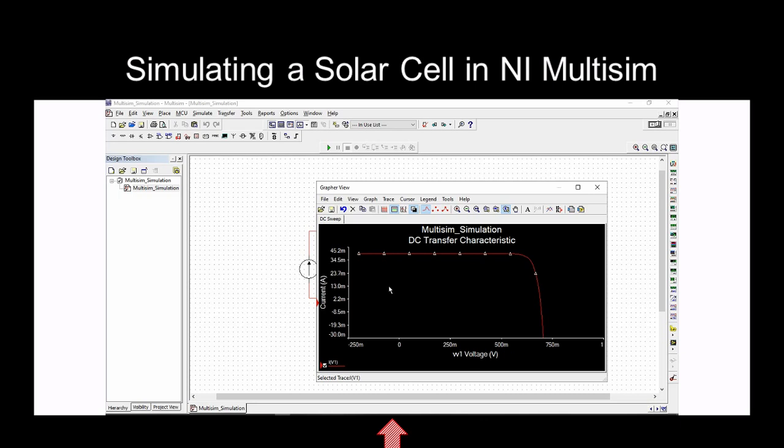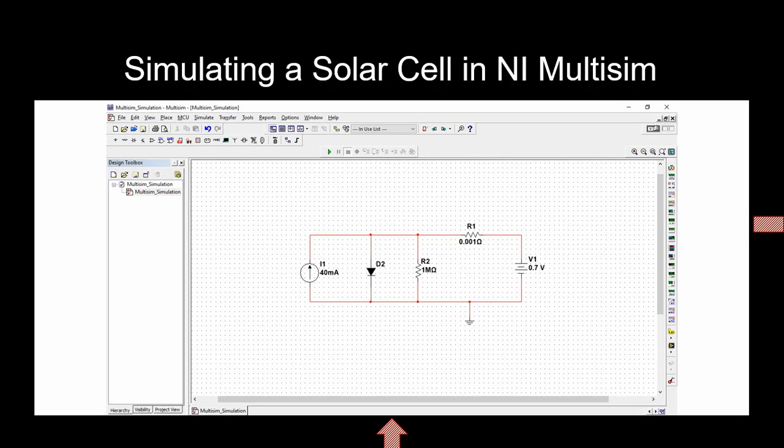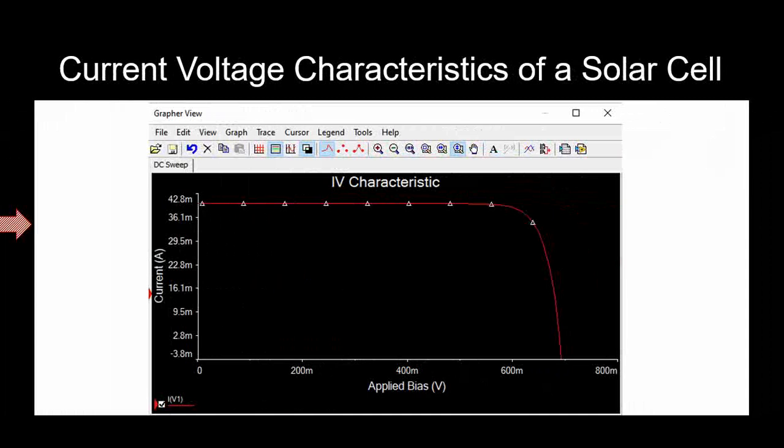You will observe that we have some current in the positive value until somewhere here, as you see, around 0.6 or 0.7 volt. So until here we have some positive current, and after that the current direction is switching. That's it. You have simulated the current voltage characteristics. You can change your graph view, you can set all the things, title, current, applied bias, all these things you can set.